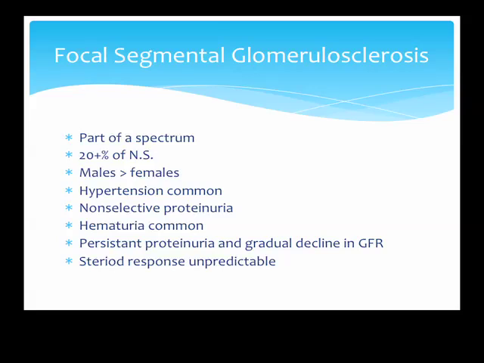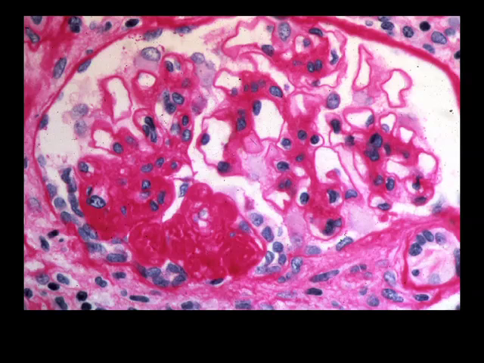These patients do not respond very well to steroids or to other medications, and if they have persistent proteinuria, they gradually go to end-stage renal disease requiring renal replacement. This is a picture of a characteristic pattern of focal segmental glomerulosclerosis, where the glomerulus at the lower left-hand portion of the screen shows evidence of collapse